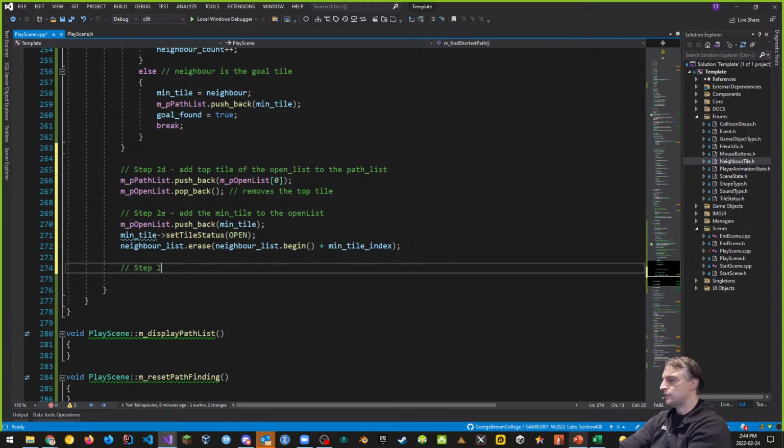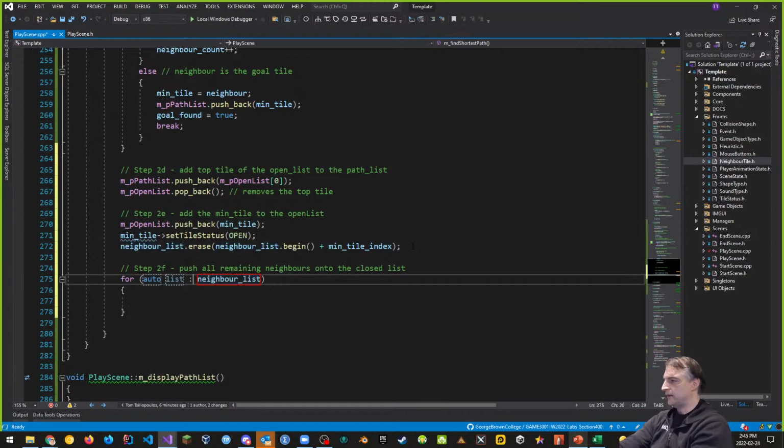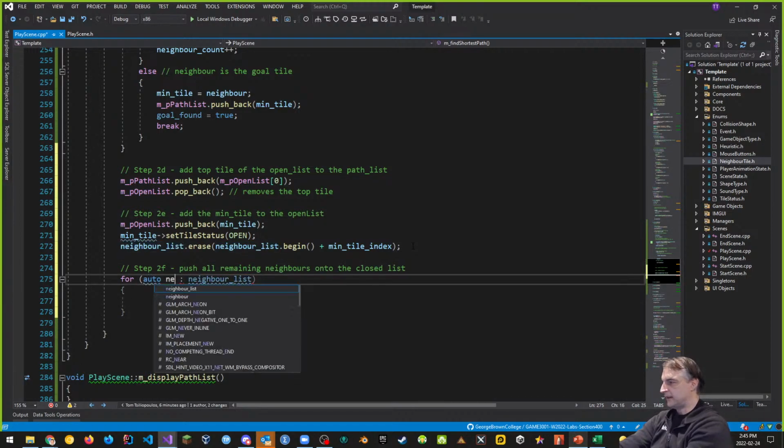So step 2F, where we're saying push all remaining neighbors, let's say we have more than just one, onto the closed list, because we don't ever want to see those neighbors again. They're more expensive from a distance perspective than the neighbor we already found, and those are going to be on the closed list. We're going to say for each neighbor in the neighbors list, whatever's left in the neighbors list,